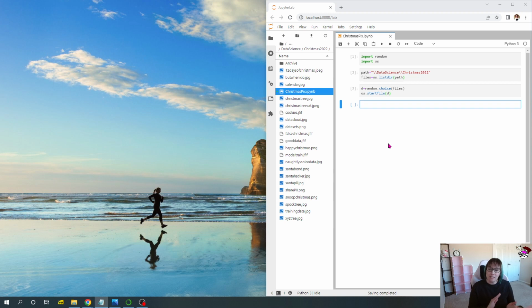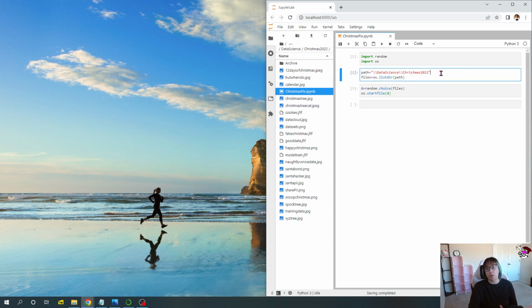So if you haven't seen it, I'll quickly review this again. You want to import random. This is what allows you to choose a random meme that's located in a folder. And you need os, for operating system, to be able to talk with your local machine and get that folder location. So you want to define the path.